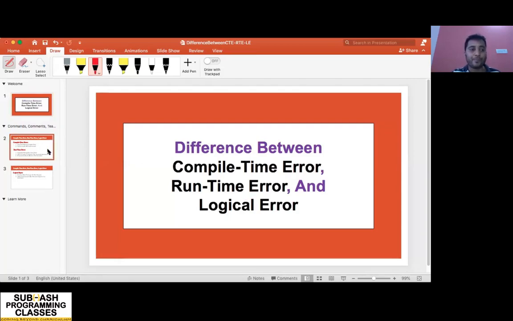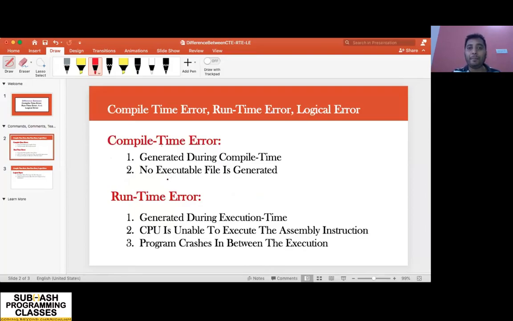So let's get started. Firstly, what do you mean by compile time error? As the name itself suggests, the errors generated by the compiler during the compilation process are called compile time errors. It means when you give your source code to the compiler to convert that into binary code, and the compiler finds that there is a problem with your source code in terms of syntax, or a problem with the vocabulary of your language, then the compiler will not convert that source code into binary code. Rather, it will stop the compilation process and throw an error, indicating what the problem with the syntax was.